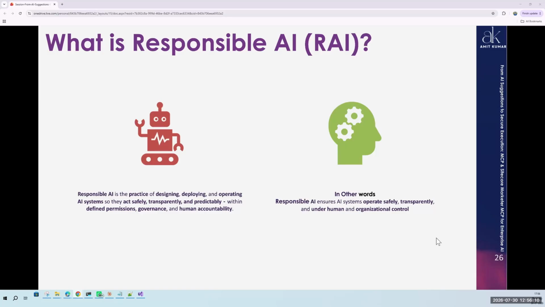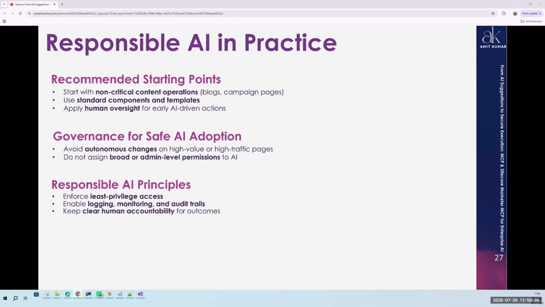In other words, responsible AI ensures that the AI system operates safely and transparently. Transparently means you have complete logging of which user or agent is performing an action, so that at any point in time, if you need to perform any sort of audit, you can do that. And it should have complete organizational control in terms of role-based access or multi-factor authentication.